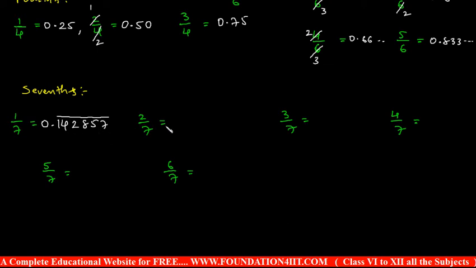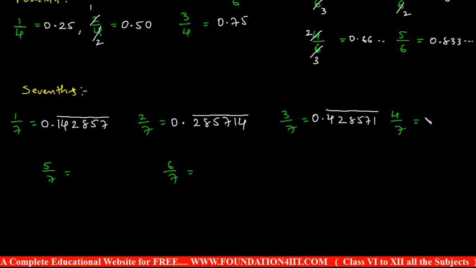And when you notice 2 by 7, same, 0 point, from 2 it will begin: 285714. Once you notice this repeating process, it is the same 142857 only, from 2 onwards it begins: 285714. Right? See some simple logic in this. 3 by 7 is 0 point, it will start with 4, because the numbers are increasing, starting with 1 now, next is 2, next with 4. Continuation: after 4, next is 28571.